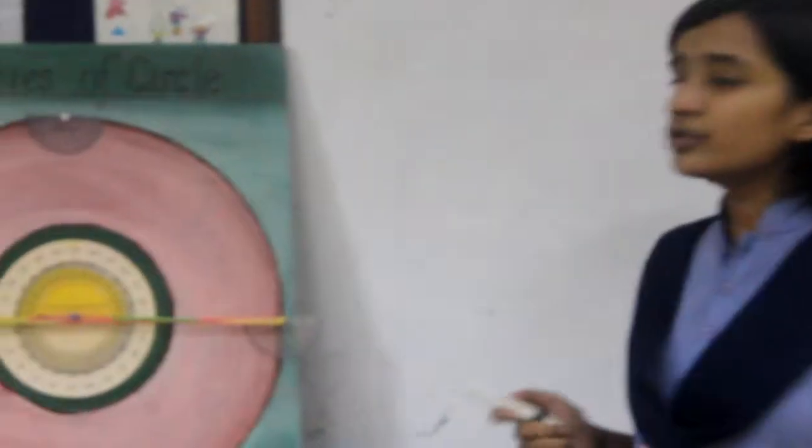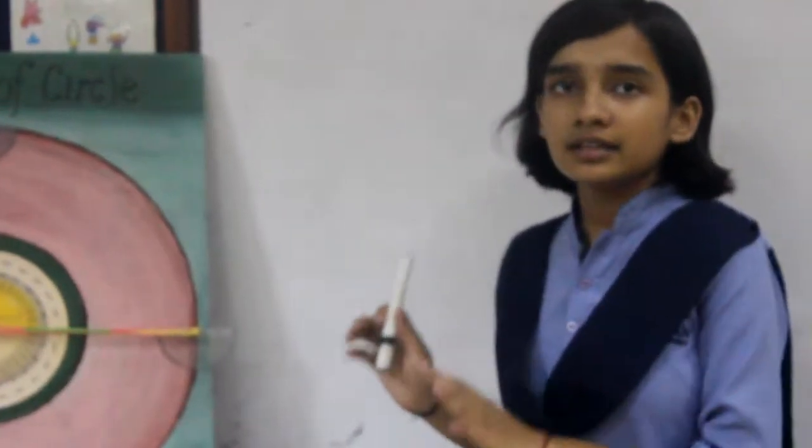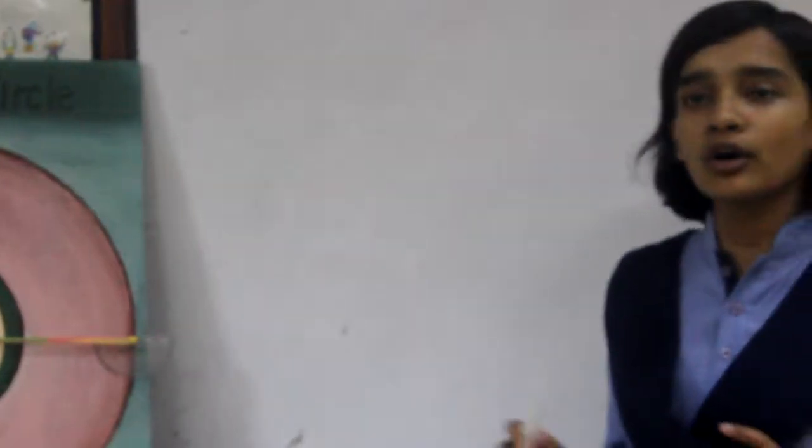So the very first question that should arise in our mind should be what a circle is. A circle is a collection of distinct points which are equidistant from the center of the circle. Now, the circle has various properties and we are going to focus on each and every property of the circle through this self-made model. In this model, the values that are taken are not exactly the same, but approximately we have got the same values.